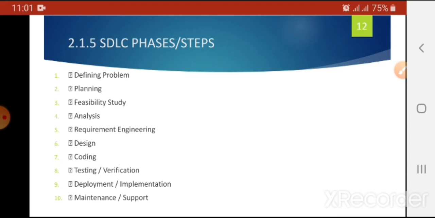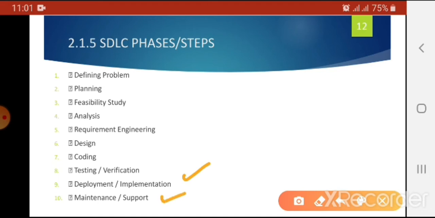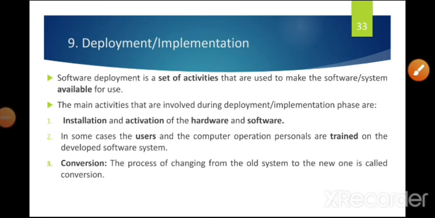Today we are going to cover the next two and the last phases of SDLC, that is deployment or implementation, and the last one is maintenance and support. Let's discuss the deployment or implementation phase. This is the second last phase of SDLC. In the deployment phase, we actually